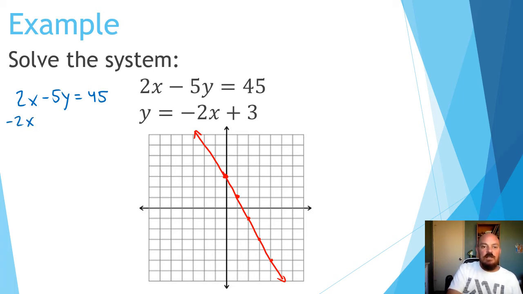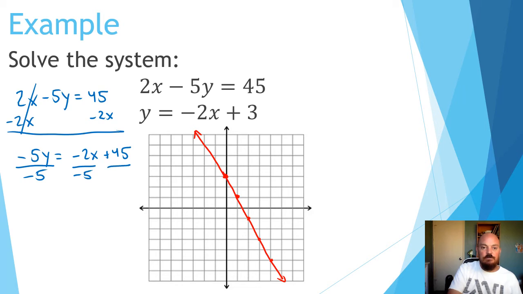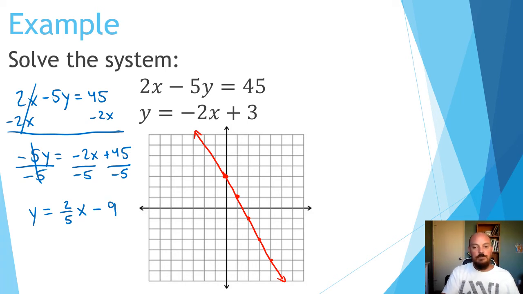Let's subtract 2x from both sides. To cancel that out, would give me -5y equals, we'll put the -2x in front and the +45 on the end. And then we'll divide everything by -5. And we'll have y equals, that'll end up being +2/5 x. Negative divided by negative is positive. We'll leave the 2 over 5. And then this will be a minus because it's positive divided by negative, and you'll have a 9,